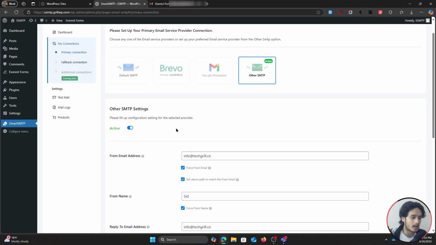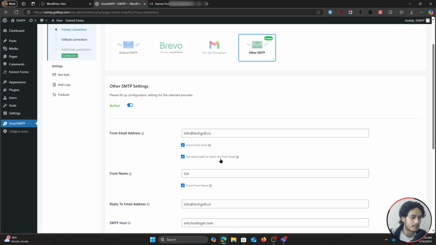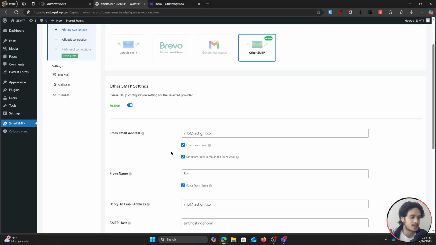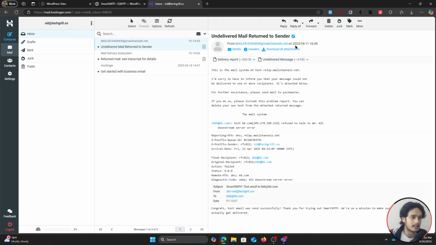And okay, I think I almost forgot one thing. This set return path to match the from email. What this thing does is, let me show you. So if this option has been turned on, then you'll get an email like this in case the receiver's email is invalid. So I tested this email called bbb@bb.com. Obviously, this is an invalid email. And just to let you know that, hey, this email was invalid, if you turn on that option, you'll get